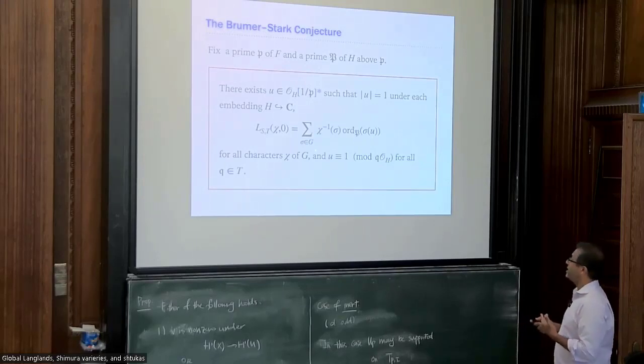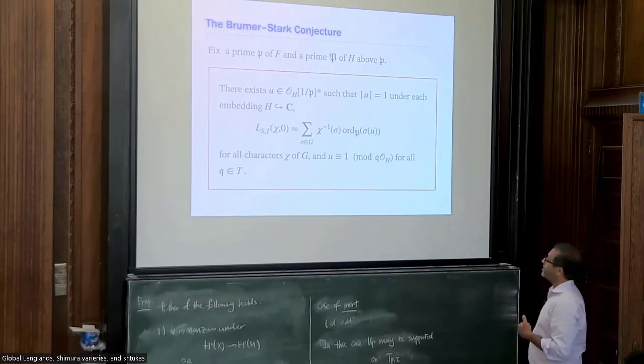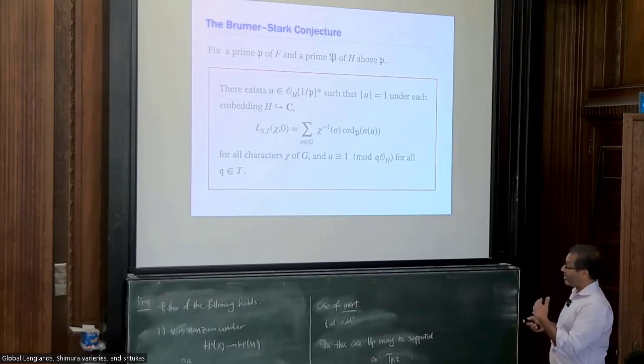So if I take the linear combination associated to the character chi of the valuations of the conjugates of U,